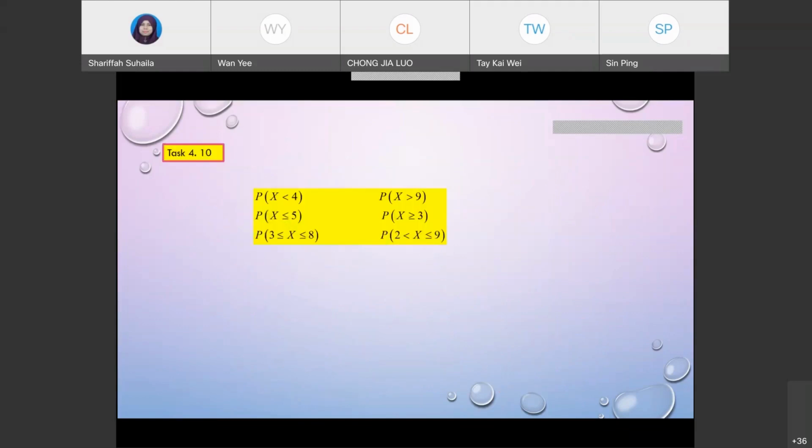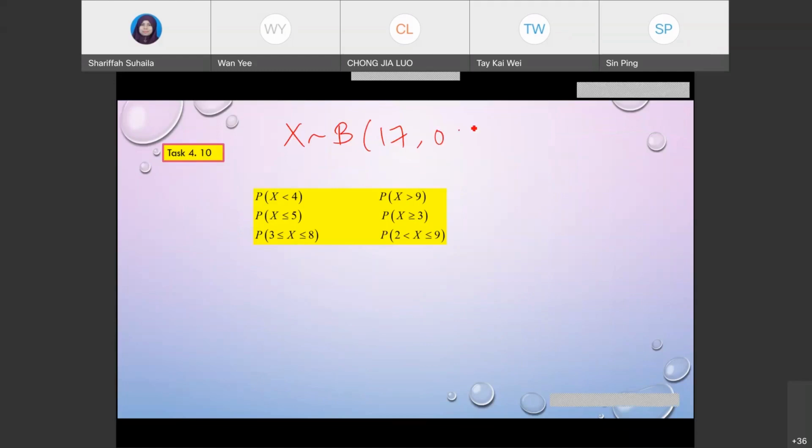Now if we refer to task file 4.10, given is X a binomial distribution with n equals 17,